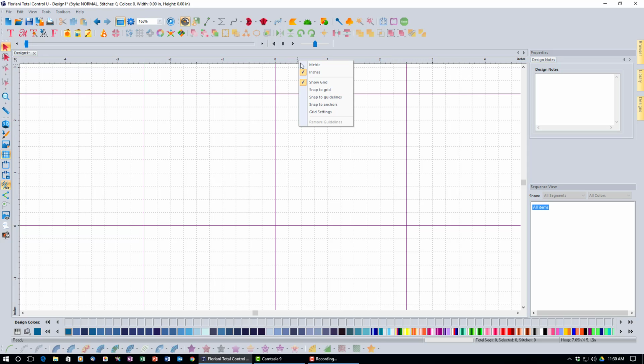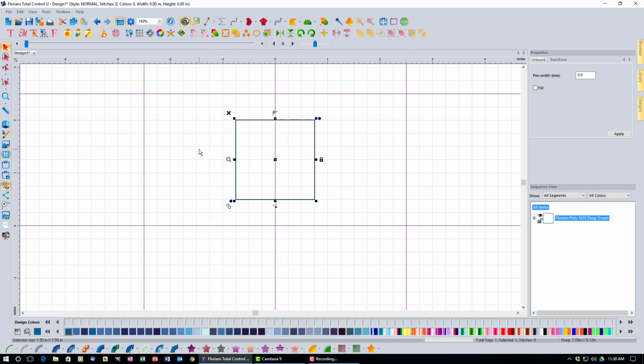If I right click on my ruler and turn on Snap to Grid, what that means is if I want to input line points, so let me use my normal line point mode, when I click, that point is going to snap to an intersection of my grid lines. So if I wanted to draw a square in here, I could count over 3 grid lines and click. I could come over 3 more, and then I could come down 6. Let me see, 1, 2, 3, 4, 5, 6. And I could come over here and back up here, and then when I right clicked, I would